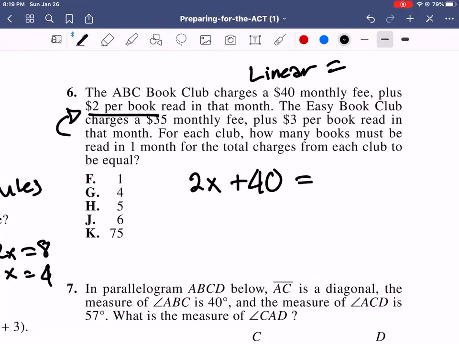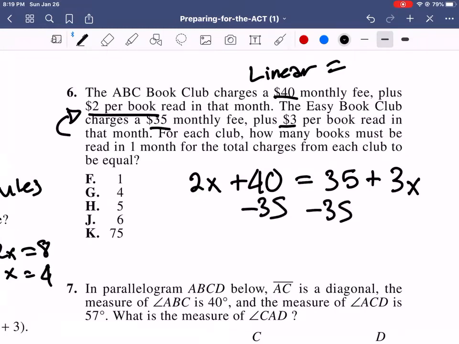And 35 plus 3x. What I do is I subtract 35 from here, subtract 2x from here, so I'm left with 5 equals x,